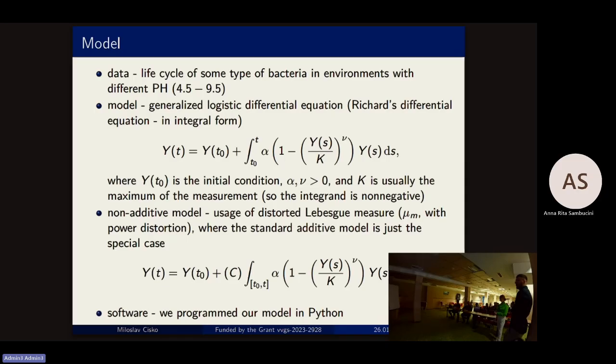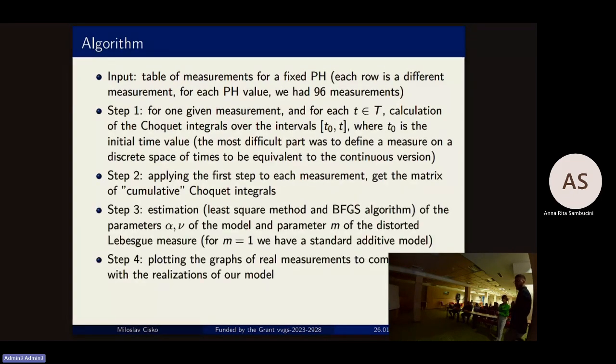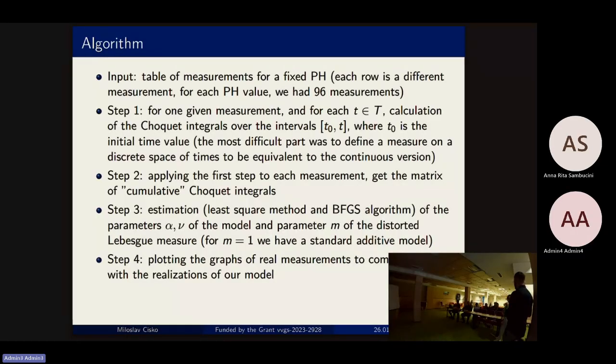We know from the theoretical part that alpha needs to be non-negative, or even positive. And we chose the distorted Lebesgue measure with power distortion because it could be easily programmed in Python. Then the exact values were calculated by Python using the least squares method and the BFGS algorithm. So there was just estimation of the parameters. We knew only that it needs to be positive, and that's it. We started the program and